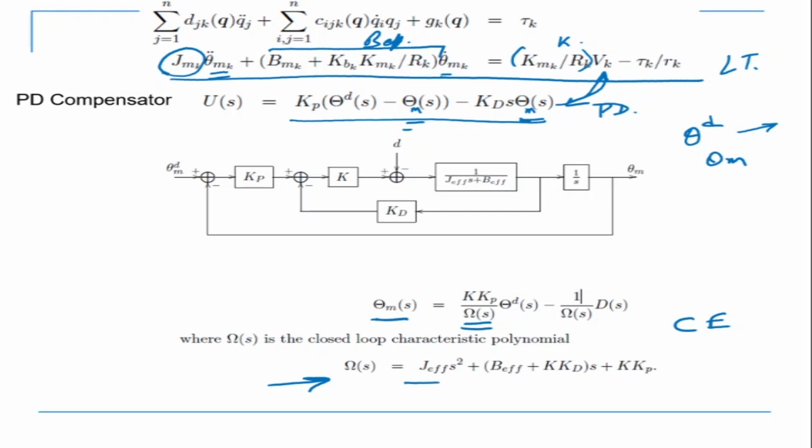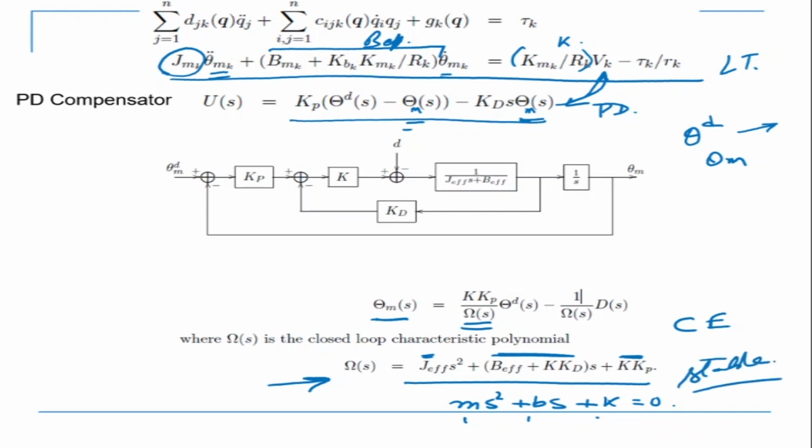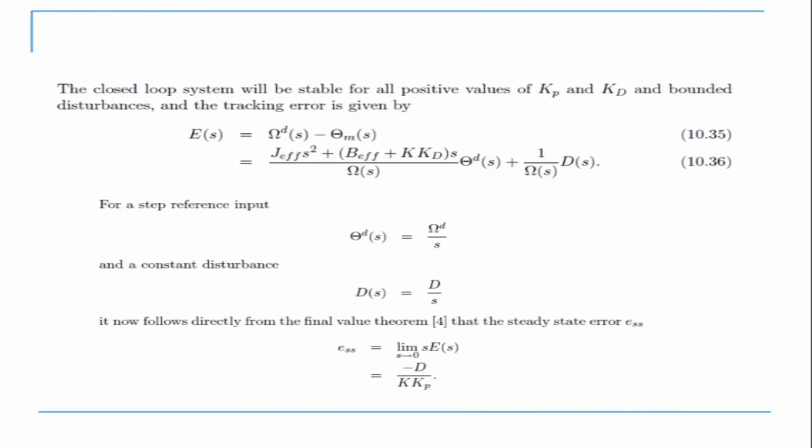Now this is basically of the form, if you remember, ms squared plus ps plus k is equal to 0, and it's a second order system. So basically what we see is that this term is positive, these are gains, they have to be positive. K Kp is also positive, they cannot be negative. So M, B and K are all positive. Now in such cases we know that the poles are on the left of the j omega axis, and this is a stable system. This is something we have seen much earlier. So a PD controller always will give you a stable system.